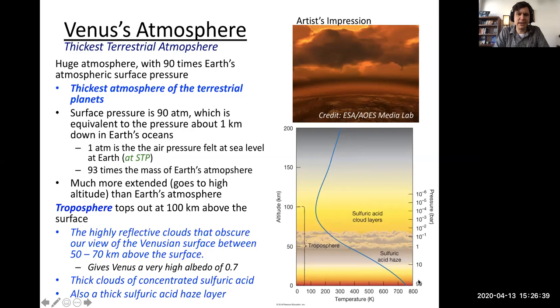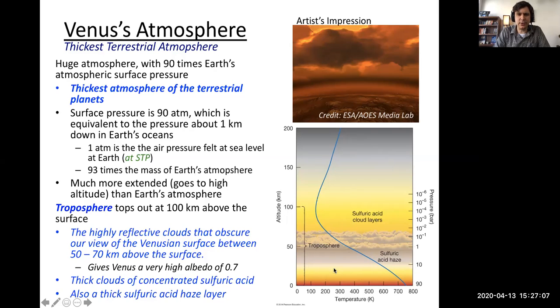What makes it the troposphere is where the weather is occurring. It's where convection is occurring in the atmosphere. It's where, as you go higher in altitude, you have lower and lower temperature. Then you have that temperature inflection point. As you go higher, you call this perhaps the stratosphere of Venus, where our pressures are pretty low. So the troposphere tops out at about 100 kilometers.